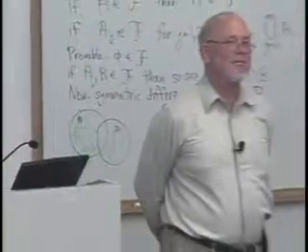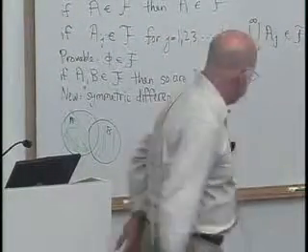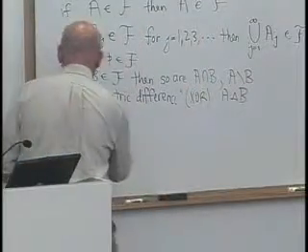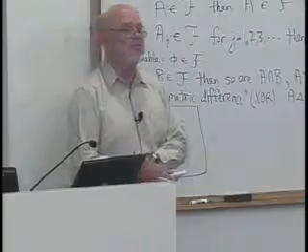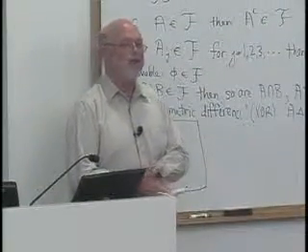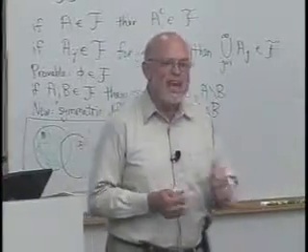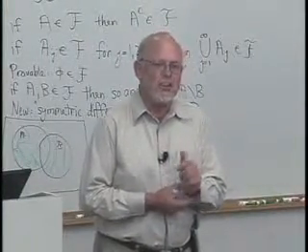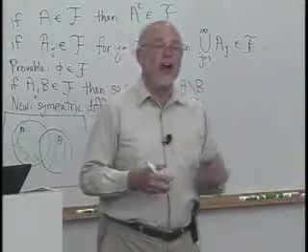It's the complement of the intersection. No, it's not the complement of the intersection, because there's all this stuff out here too. In order to show that this is in the event space, you have to show that you can make it